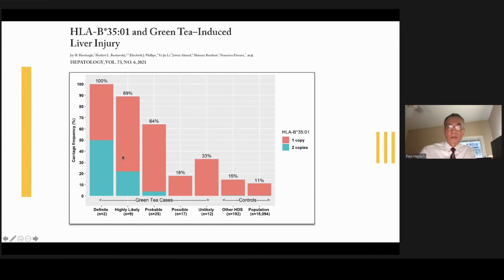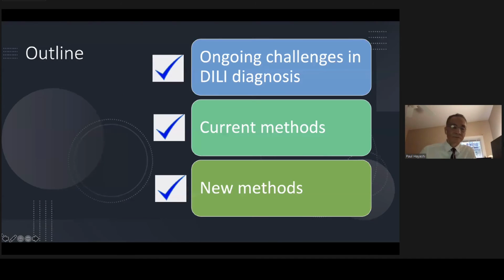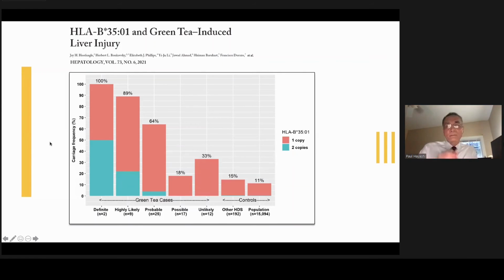Now, the numbers get small out here, but on the other hand, comparing it to the general population, other HDS, and what we call possible or unlikely, there was a definite trend that these markers were important. So what I mean by this is, now we're left with, as the DILIN group, because we get serum on patients and blood samples, we can get HLA on these cases, and we have to decide now, are we just going to incorporate that into our opinion? And this way becomes a better gold standard for these particular cases.